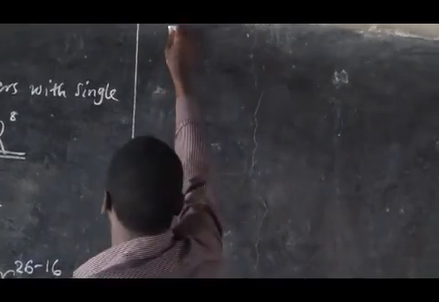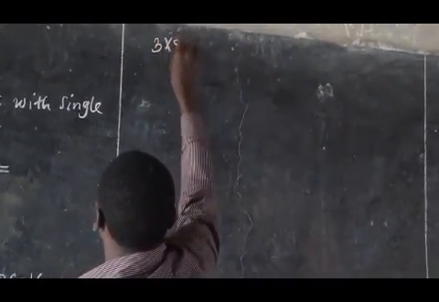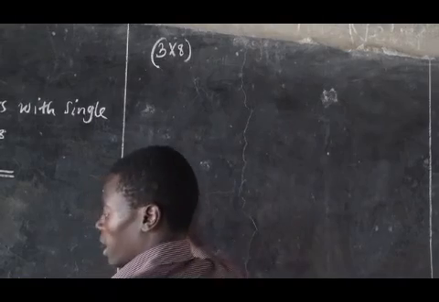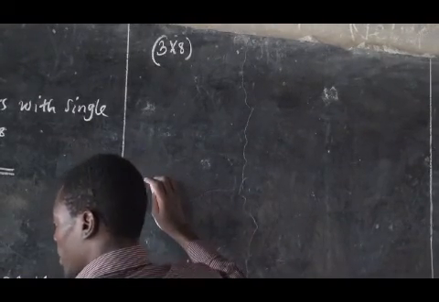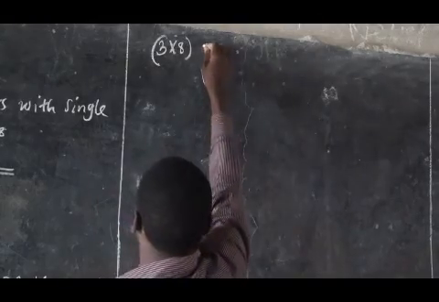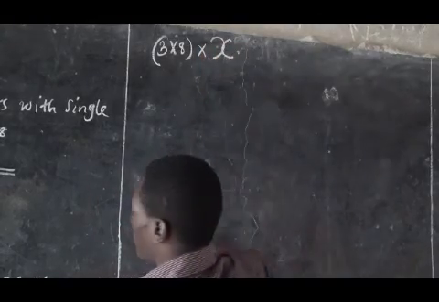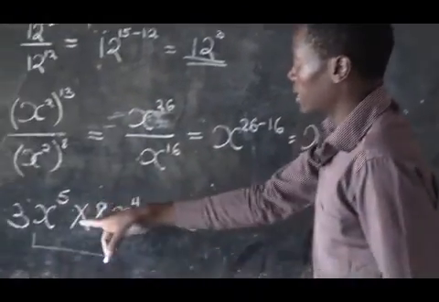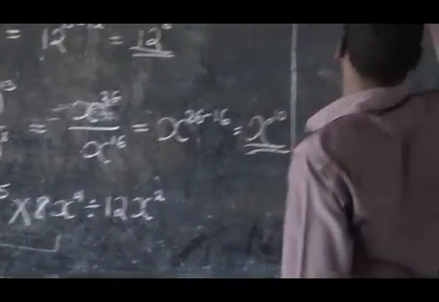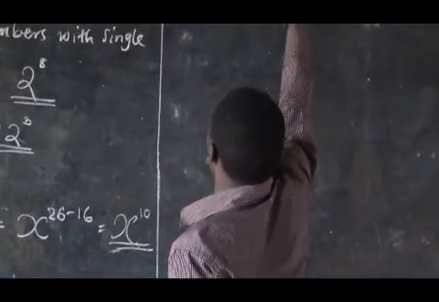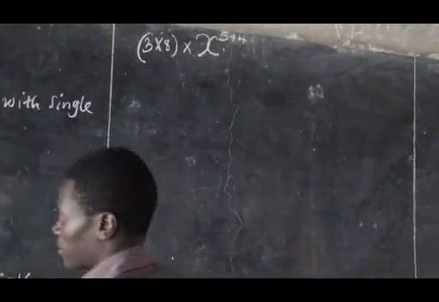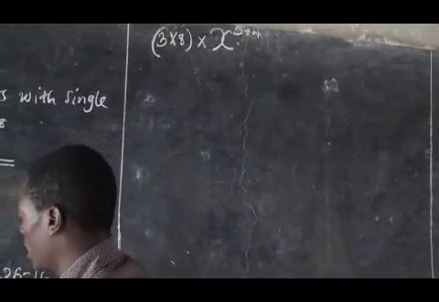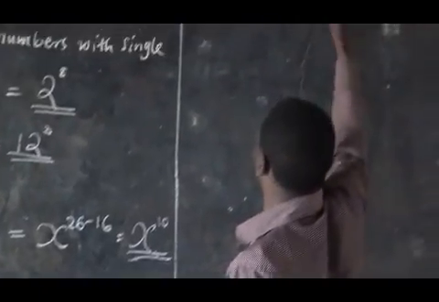These ones are real values, so we are going to just multiply them. We're going to multiply 3 times 8, in brackets, then x. Because this is multiplication, we have multiplied, then we bring in x, then times x to the power what? We have 5 here times 4. So it is 5 plus 4 from the laws of indices. Now we have simplified this one. Now we are going to say divide by